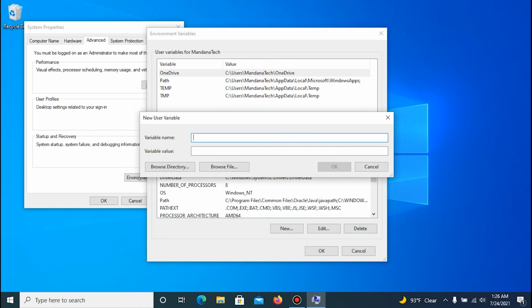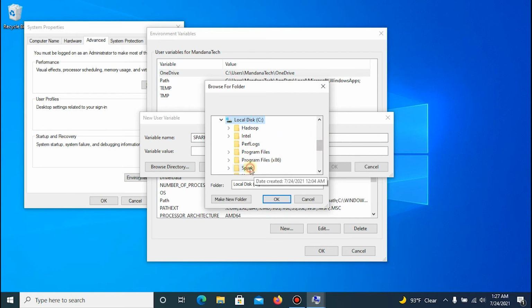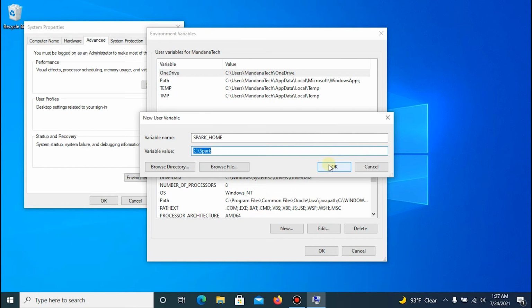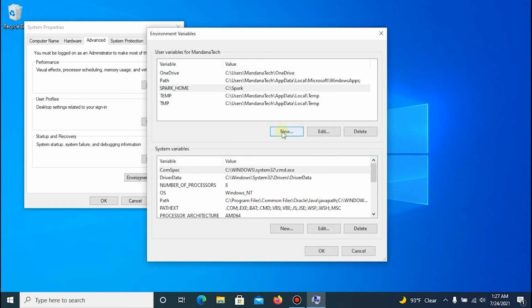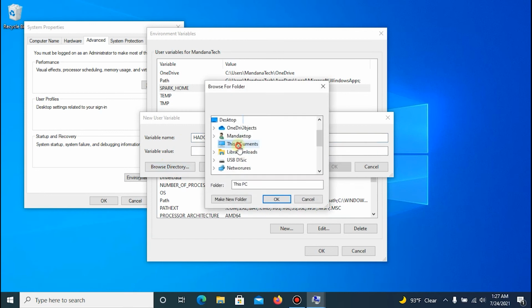For the name of the variable we put SPARK_HOME and browse the directory for the path of Spark, which was in the C drive, folder Spark, and another variable for HADOOP_HOME, and browse the directory.